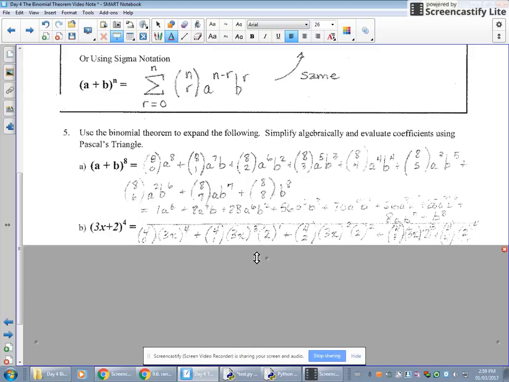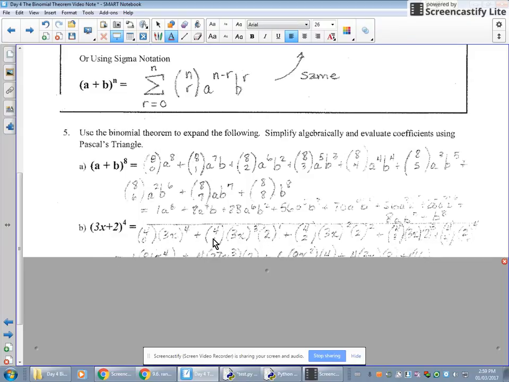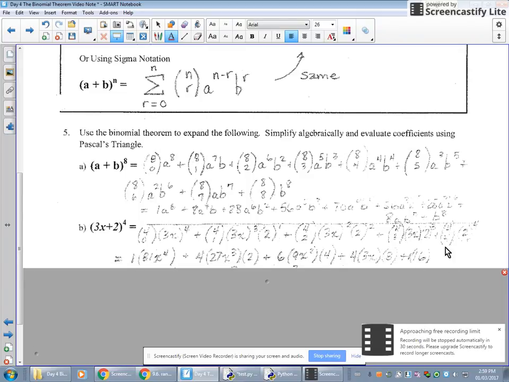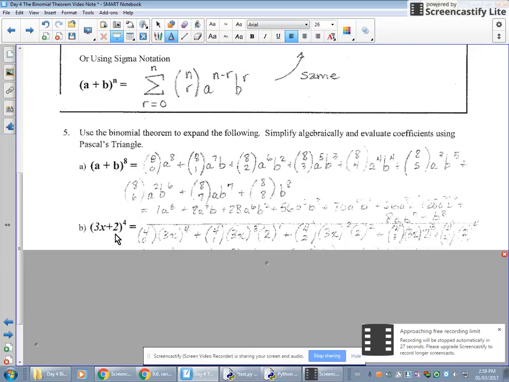Another terrible copy here: (3x + 2) to the 4th. This is going to be a little bit more complicated because we have a term that's 3x, not just x. So again, our coefficients are going to be 4 choose 0, 4 choose 1, 4 choose 2, 4 choose 3, 4 choose 4. And then the exponent: this entire 3x is to the power of 4. 3x to the power of 3, and then 2 to the 1. 3x to the power of 2, 2 to the 2. 3x to the power of 1,